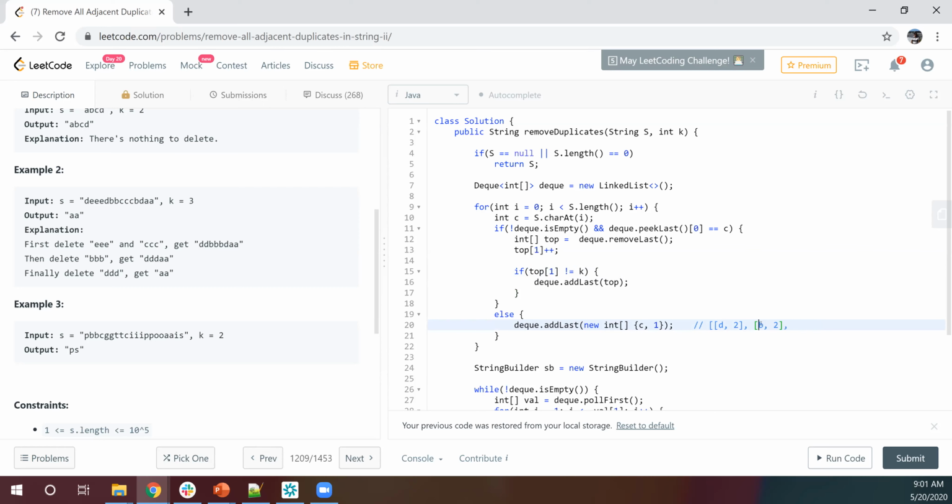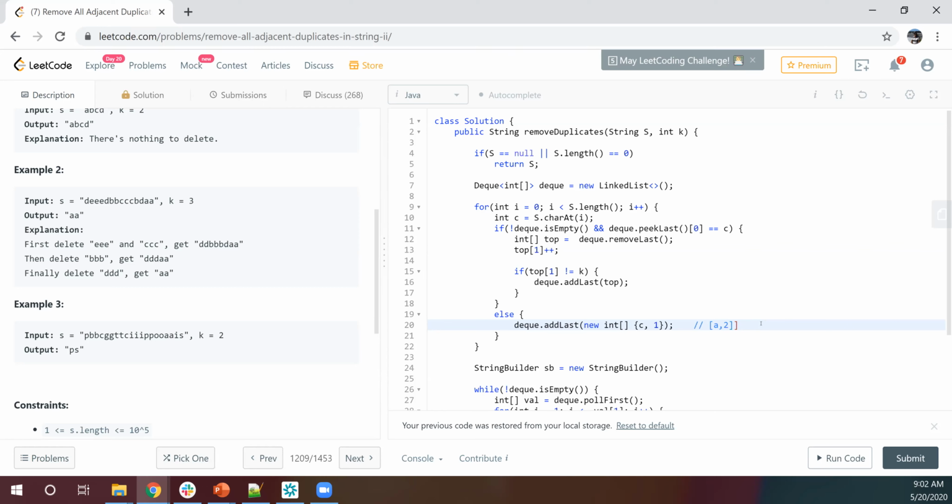Then we get another B, but as soon as the count increases, we are not putting it back. Then another D will come, and as soon as the count reaches K, it will go away. And then we get A twice.